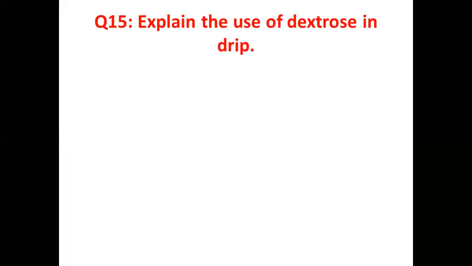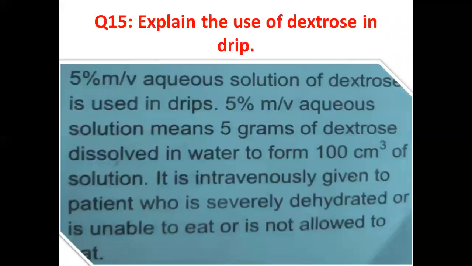Question number 15, explain the use of dextrose in drip. So a 5% mass by volume aqueous solution of dextrose is used in drip, and 5% mass by volume aqueous solution means 5 grams of dextrose dissolved in water to form 100 ml of solution. It is given intravenously to the patient. To which patients? Those patients who are severely dehydrated, or unable to eat, or not allowed to eat. So especially the food is given to them in the form of dextrose drips,